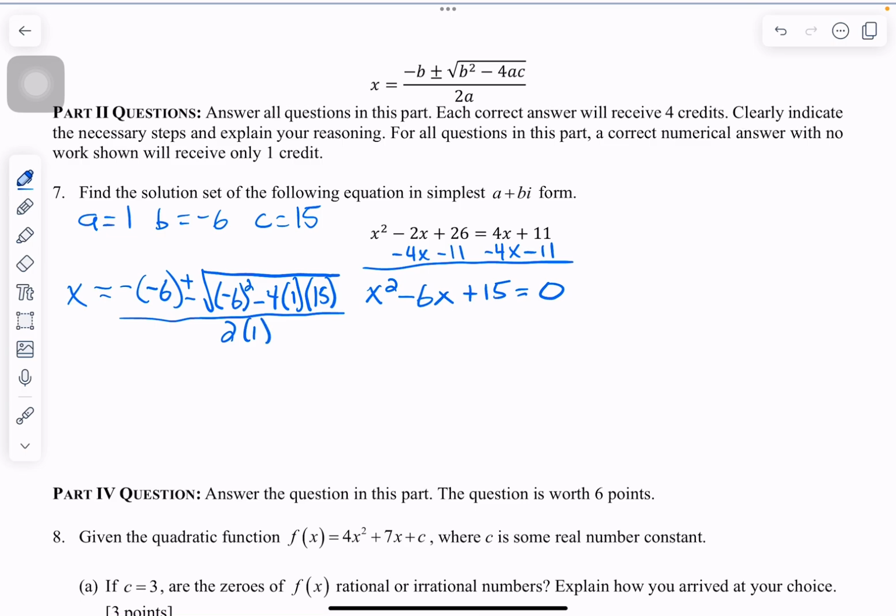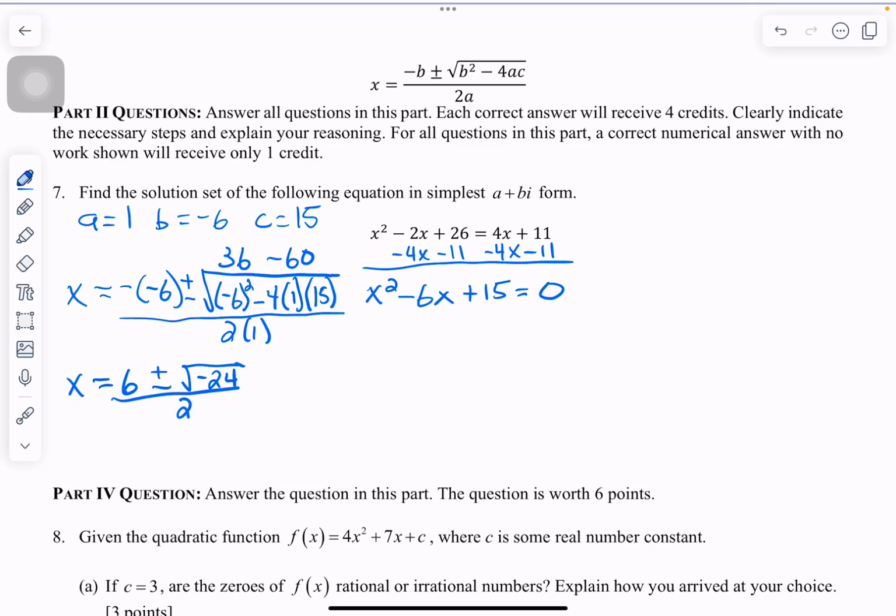All right, negative 6 squared is 36. And negative 4 times 15 is negative 60. So we clean this up. A negative of a negative becomes positive 6, plus or minus the square root of 36 minus 60, which is negative 24,